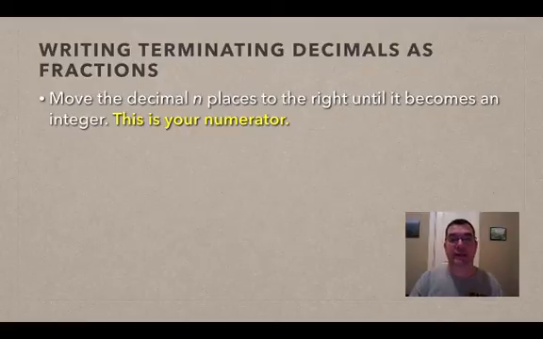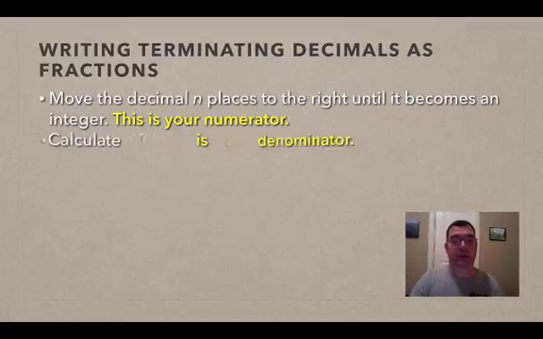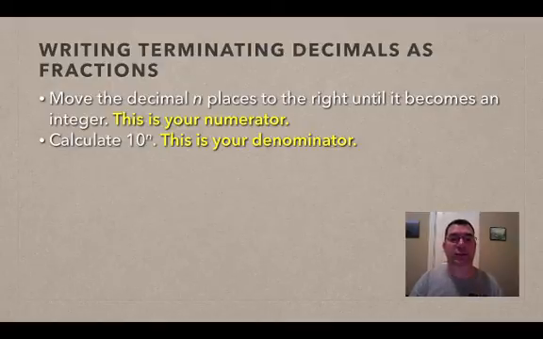So we're going to take the decimal and we're going to move it all the way to the right until we create an integer. So after that last decimal place, that's going to be our numerator. And then the number of places that we moved it, we're going to raise that as an exponent of 10, and that's going to be our denominator. Okay, so if I had